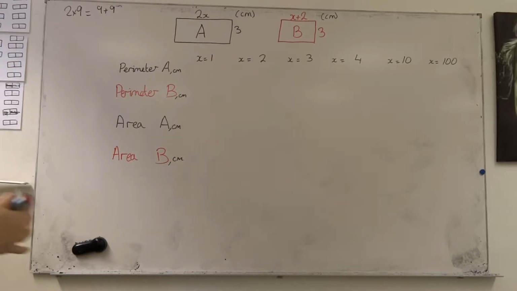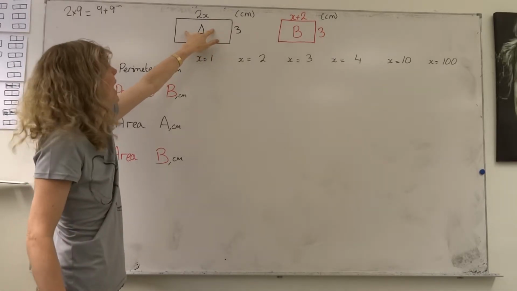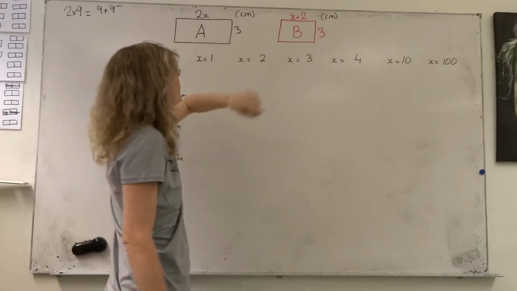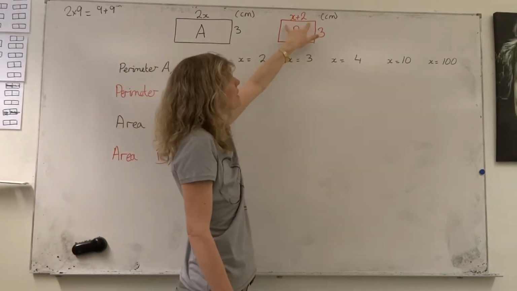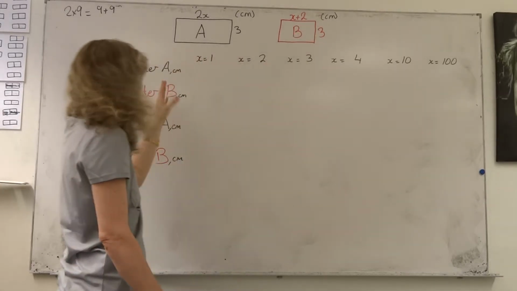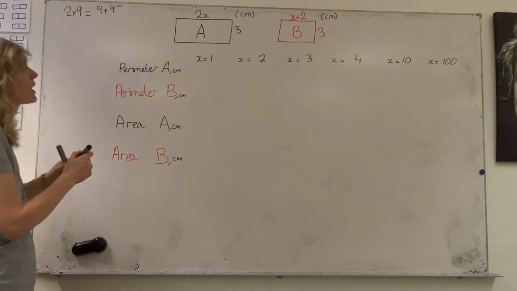We have an interesting question where we have a rectangle that has a length of 2x and a breadth of 3 centimeters, and another rectangle that has a length of x plus 2 and a breadth of 3. They want us to investigate what happens with the perimeter for different values of x. Well, before we can work out what happens to the perimeter, we actually have to come up with a formula